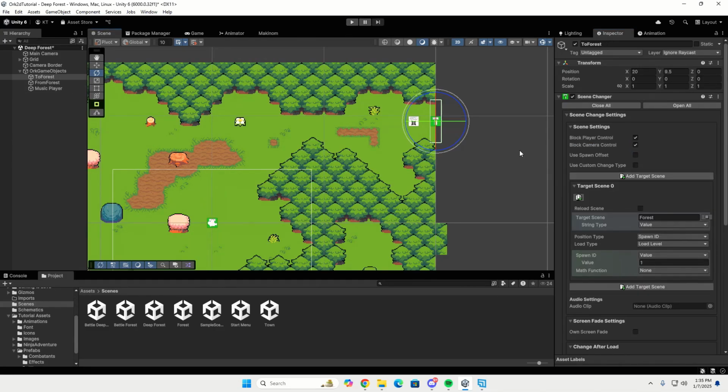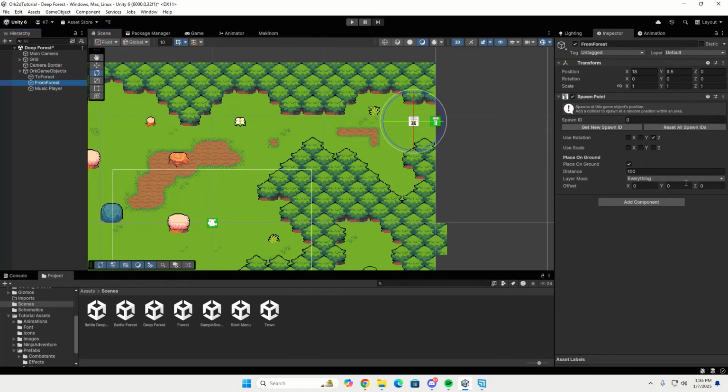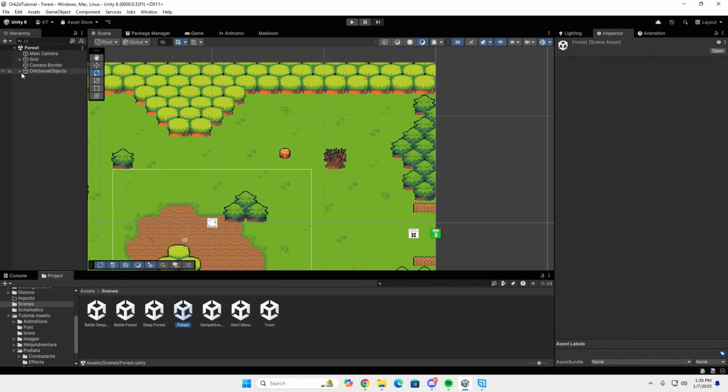So we see that we have the forest set for our target scene. They're going to spawn at 1. We've got the music player set to 0.3. It's going to play the forest clip. They're going to spawn in. We're using the Z rotation, but what do we not do? Camera borders. So we'll add a camera border real quick. There we go. We'll save the scene, and we'll double check the forest scene and make sure everything's set up